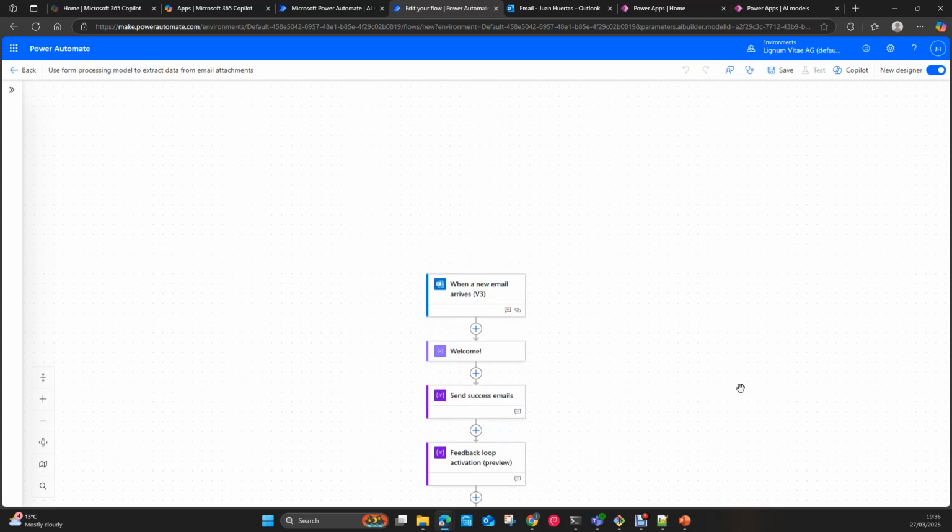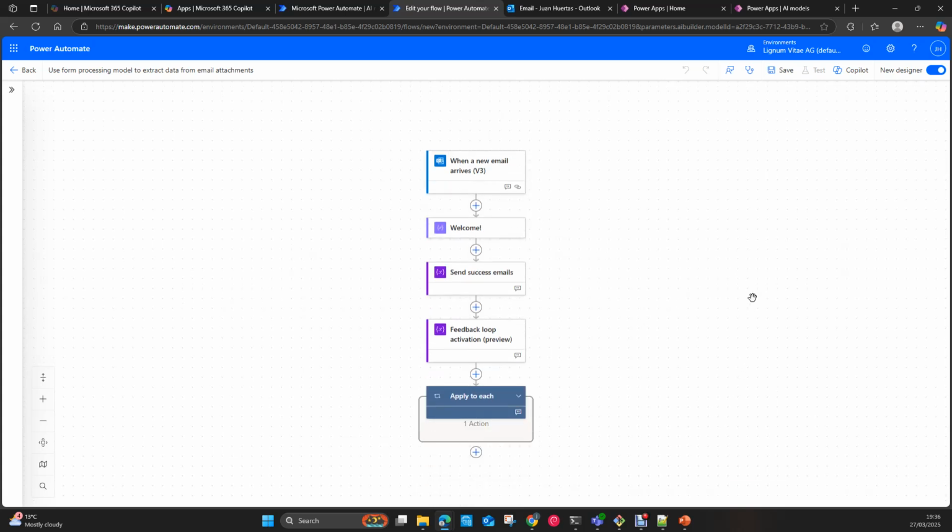And then on, this is using a default template that is already pre-set up in Power Automate. So essentially is when you receive an email, this email will be sent to the model. So it will be if the email contain an attach, you have to have a specific subject on the email. This is what trigger